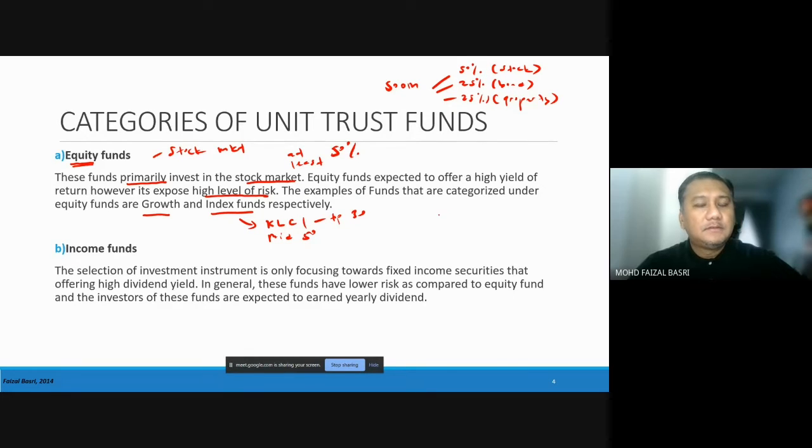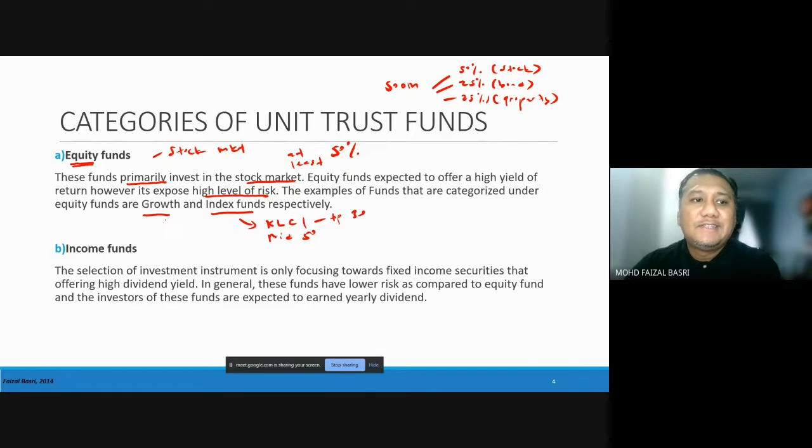Yeah. So sebab value yang kita start 500 million ni dia tak akan kekal 500 million. Dia akan berubah kan bila kita punya stock ni create higher returns. So kita punya value ni akan bertambah from one time to another kan. So therefore jumlah investment kita akan bertambah.